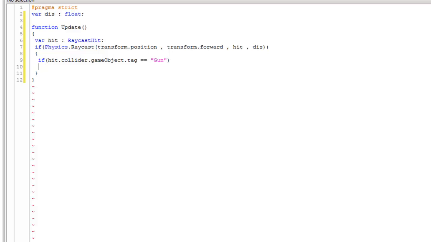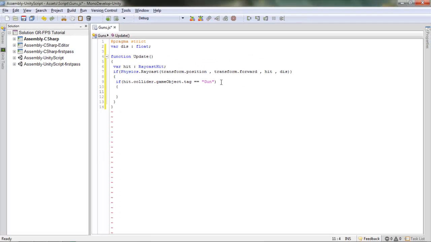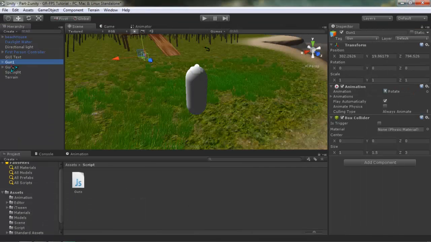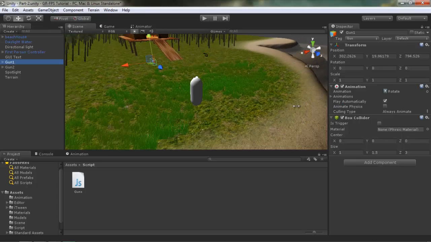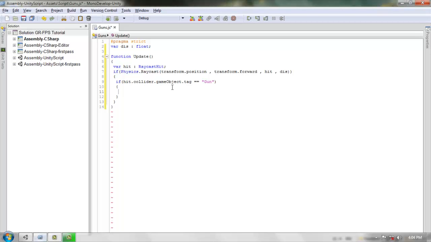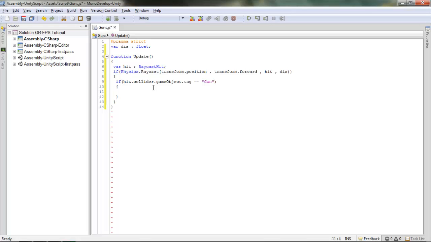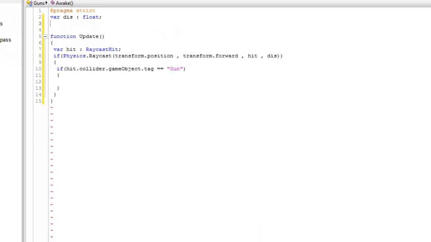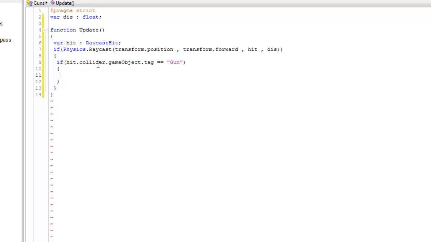gun. So you also have to add a tag gun and set it for the gun, and set that tag only for the object that you have attached the box collider to, so that the raycast will collide with it, then go to the game object and look for the tag. Make sure it is done, otherwise the script wouldn't work. Then what would happen? This time we're going to call a function